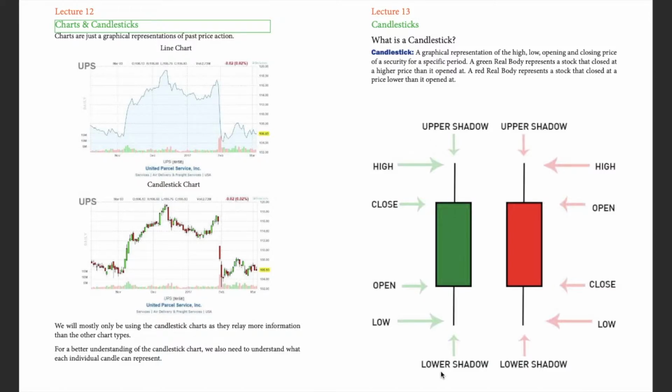A green body represents a bullish candle, and a red color candle represents a bearish candle. So in short, a green candle represents buyers taking the momentum over a specific time period, and the red candle indicates that sellers are taking over control of that particular time frame. That's it, the basic stuff. But before that, you need to know that